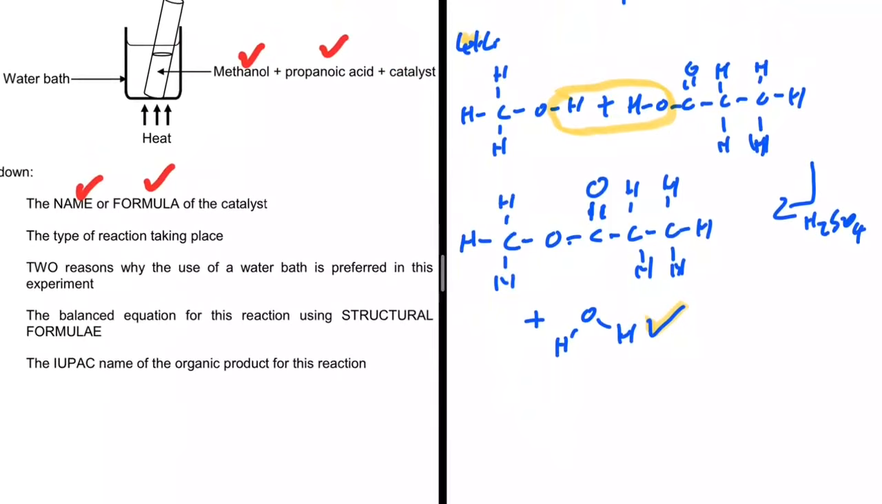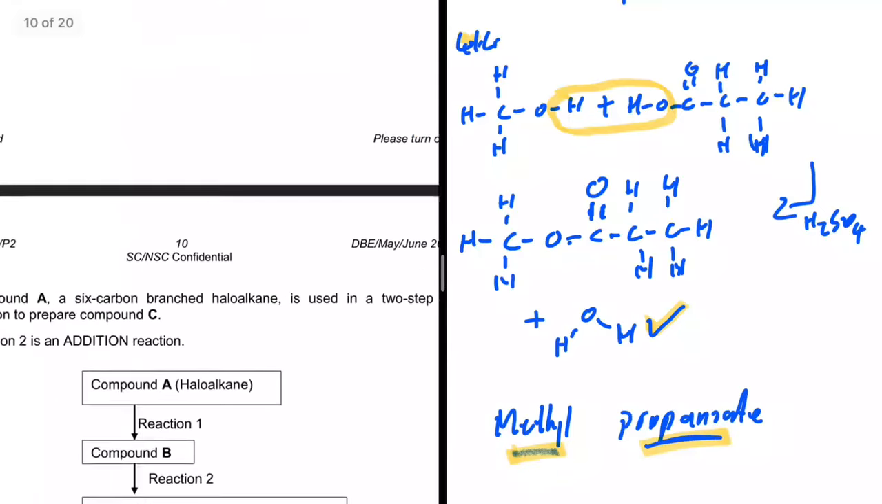The IUPAC name of the organic product for this reaction. The organic product is the ester and not the H2O. So what is the name of this ester? We're gonna have methyl propanoate, right? This part of the name comes from the alcohol and this part of the name comes from the acid, methyl propanoate. Right, I think we have that covered. Let's take a look at